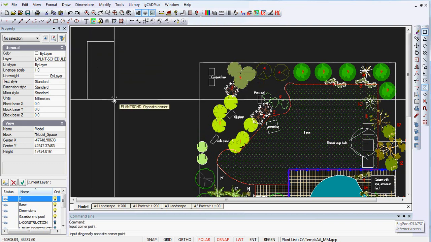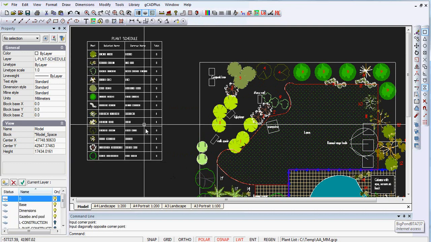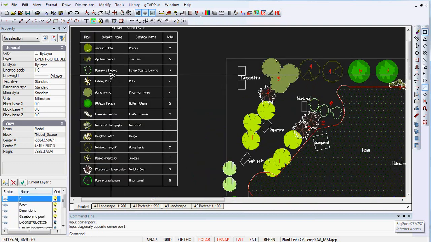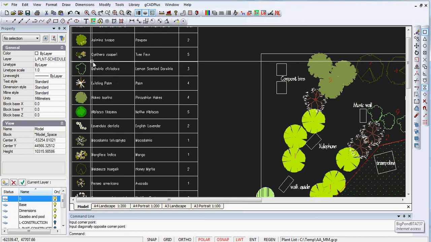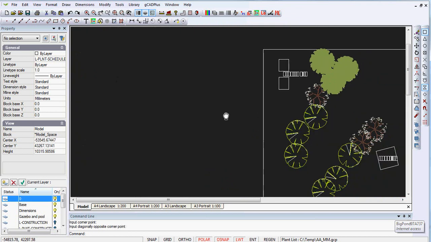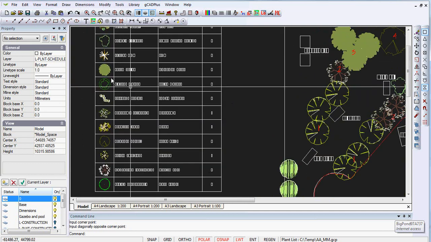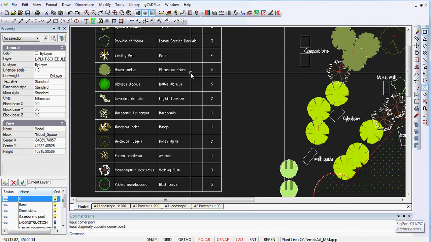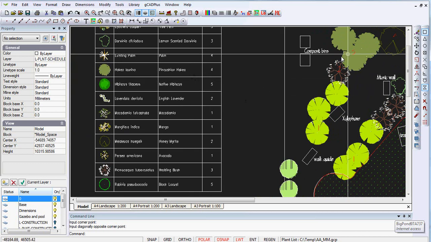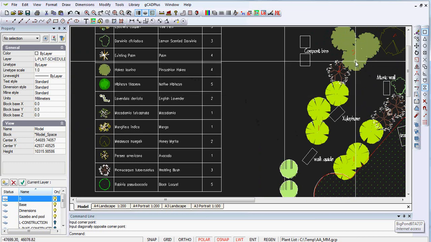So we just go top left and bottom right, and the schedule will be drawn in whatever is the current text style. The symbol that corresponds to the species is shown there. So if we look down the list there, we can find Hakea laurina and the pincushion Hakea. There are 4 of them in the design, so there must be another one somewhere else. The advantage of this system is that you can just